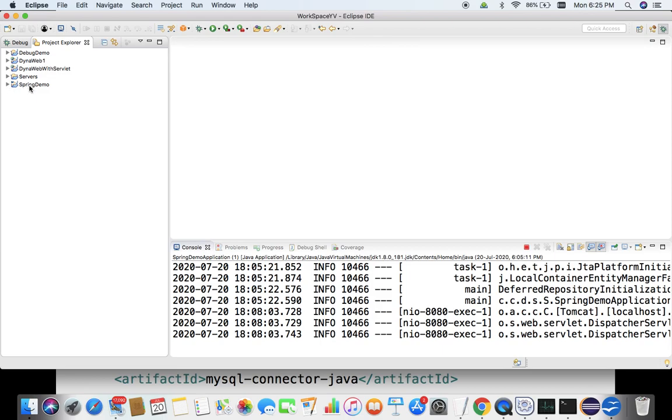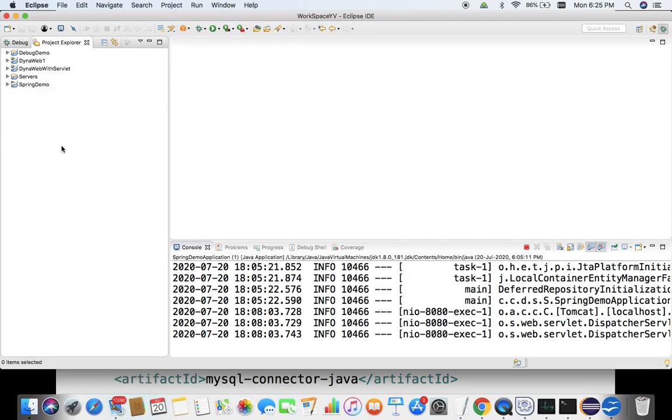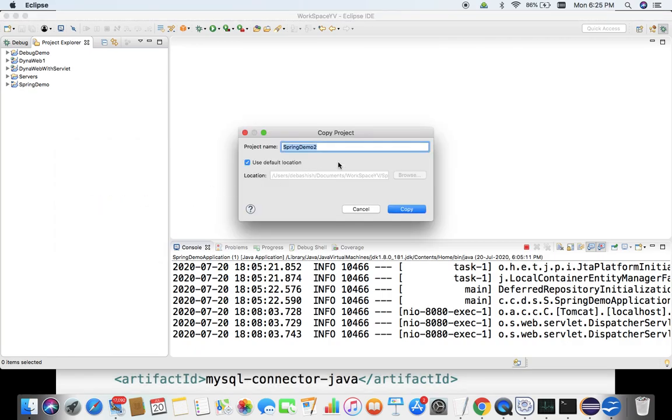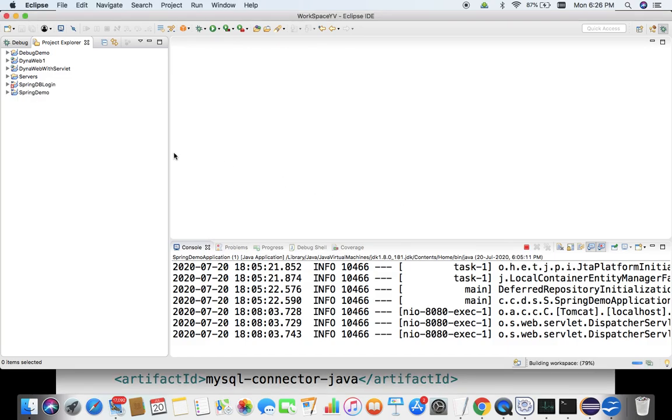Now the same project I am going to use, but without disturbing it, I will make a copy of that project. Right click on the project, copy it, and in the same project explorer window you can paste it with a different name. I'll name it Spring DB login. So it is going to create the project with the name Spring DB login.